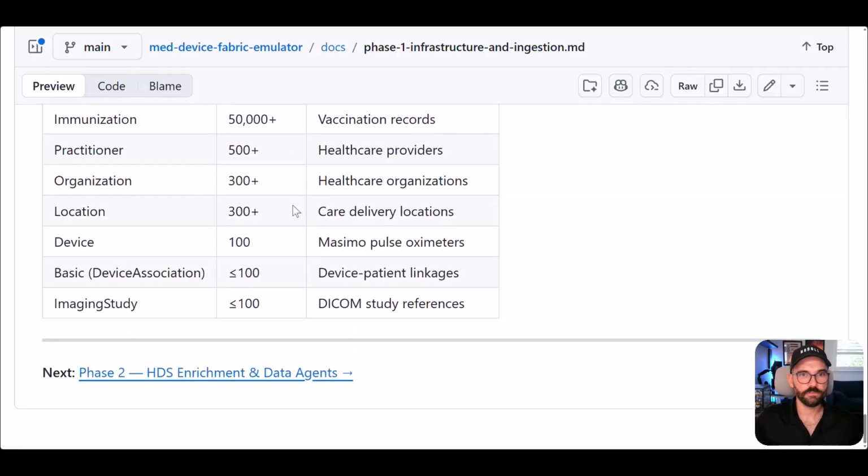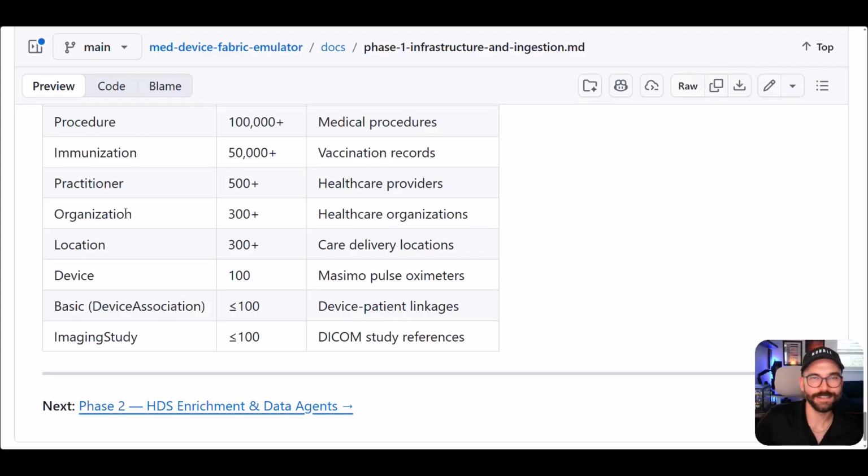Immunization, all this fun stuff. Do we need immunization? Not really. But what I'm expecting is if you take something that has an end-to-end emulation, like what we are doing here, you might think of other things that you could use this for in demos, and maybe not with synthetic patients, maybe your own patients coming from Epic or Cerner or whatever. And that's the idea, to make sure you have a skeleton, a foundation that you can use to analyze